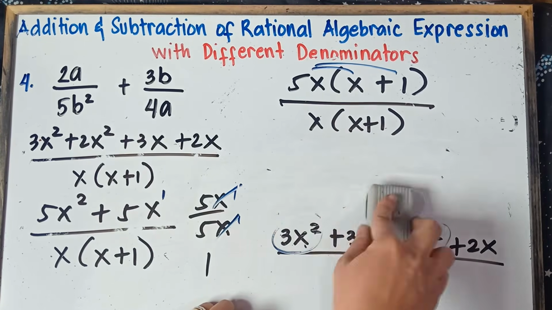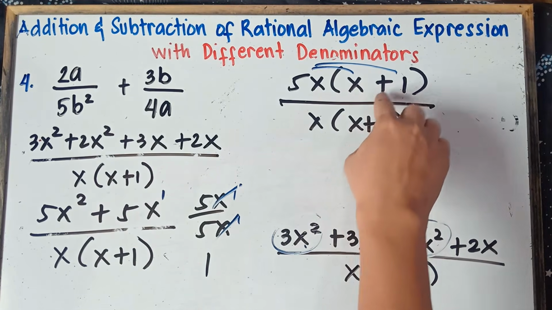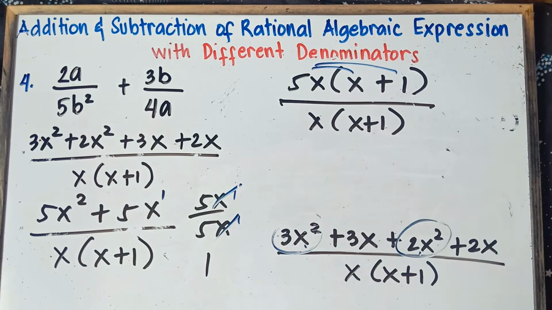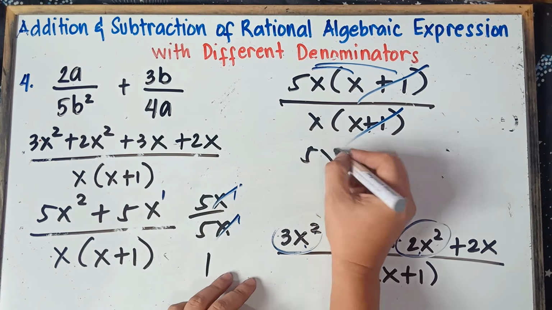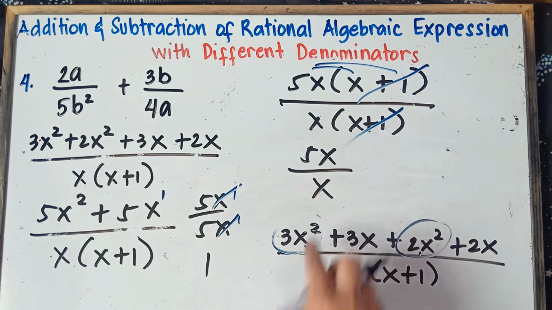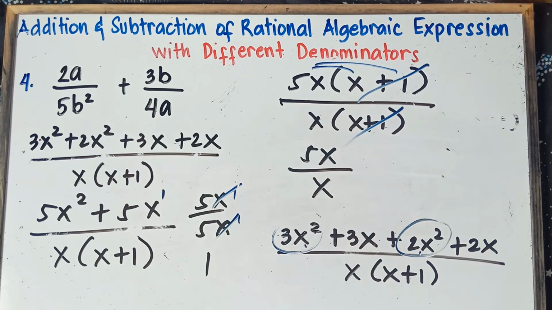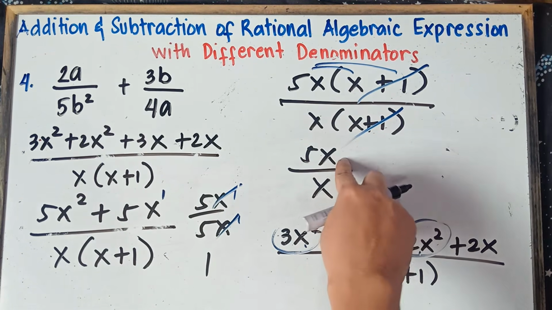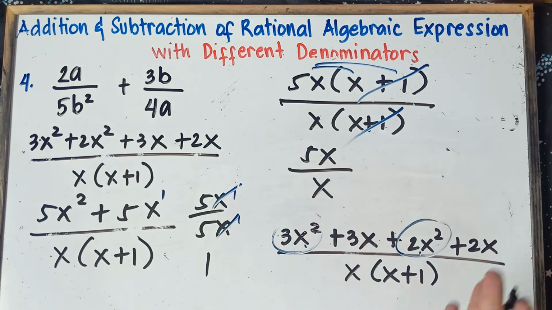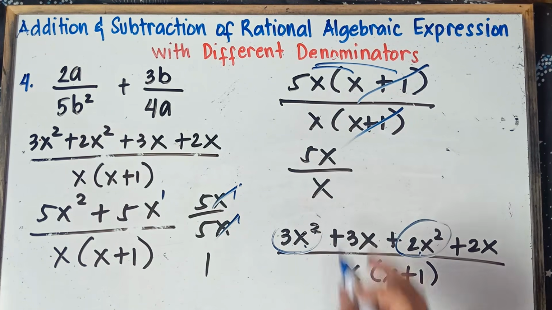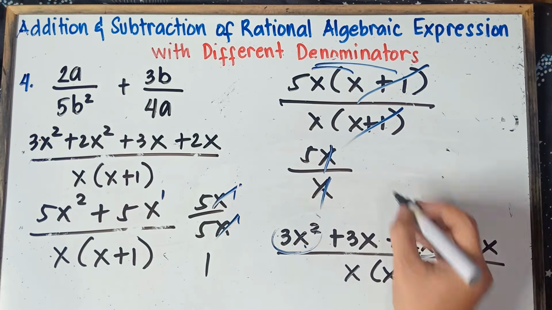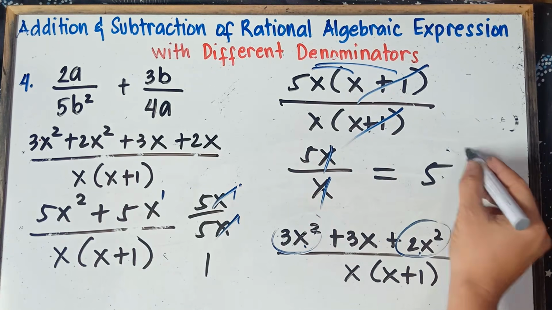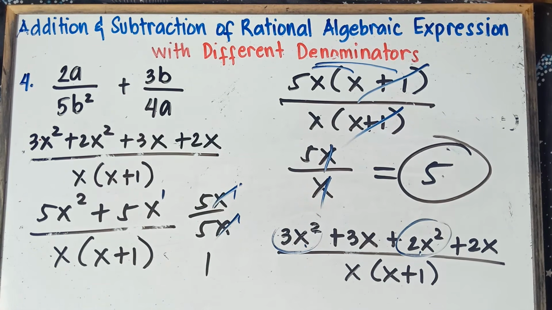Alright, and then, therefore, our final answer, we can cancel this out. Same, x plus 1 and then x plus 1. Simply cancel this out. Alright, so we have 5x over x. Can we divide x? Yup, we can divide x. This is monomial and then this is monomial. We don't have plus and minus sign. So therefore, we can divide x. And our final answer, that would be equal to 5. That's it, class. All set with regards to example number 6.